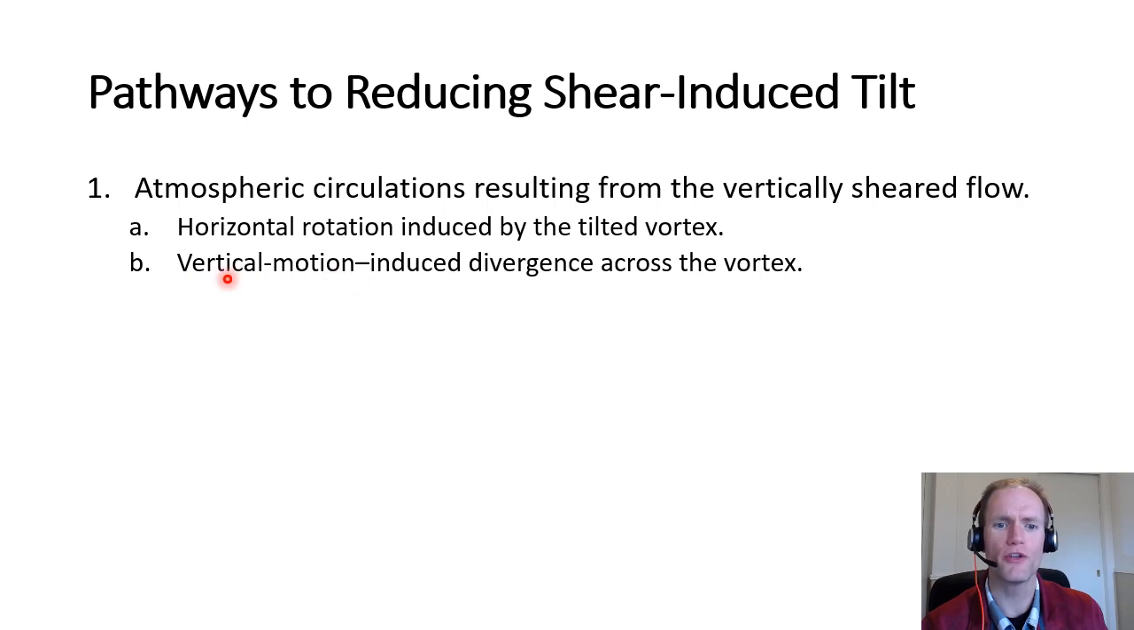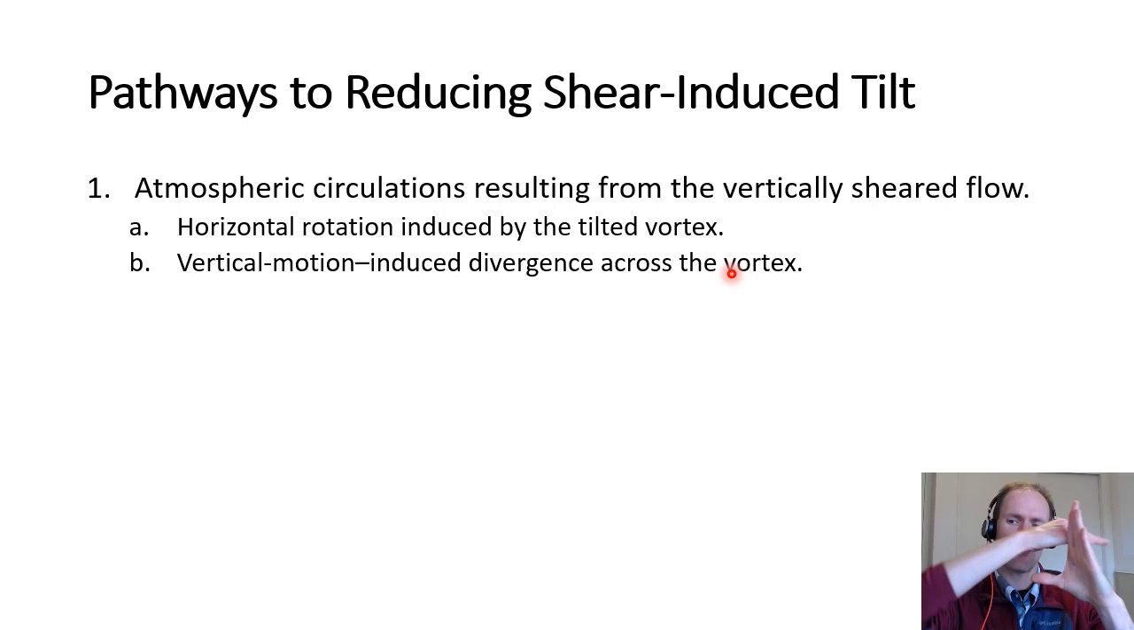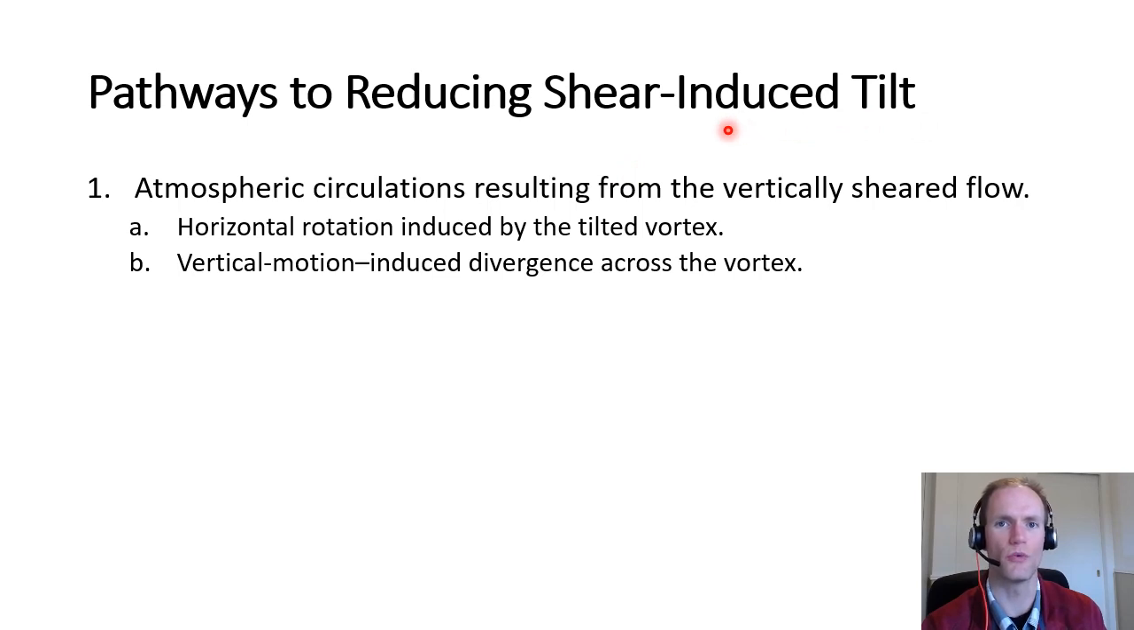There's also vertical motion-induced divergence across the vortex. So if you have flow going across the cyclone and tilting it, it also tends to force ascent, rising motion, downwind or down shear of the storm. And of course, if you have rising air, you have to have something replacing it from below and spreading out from above or up above. And so that leads to patterns of convergence and divergence that go across the cyclone, which, as we'll show, can actually help reduce the tilt induced by the vertical wind shear itself,